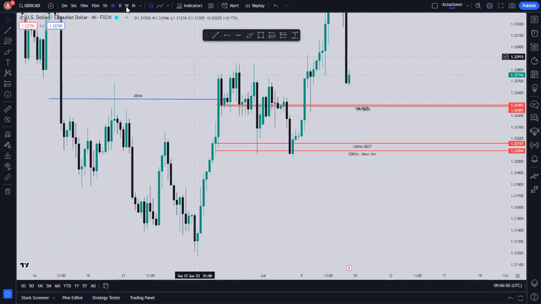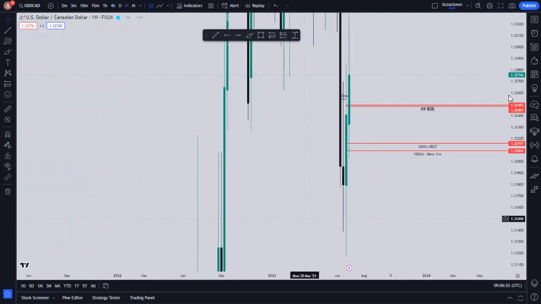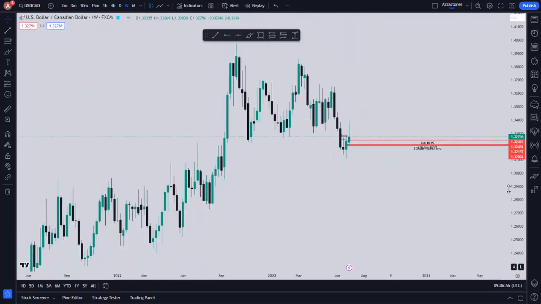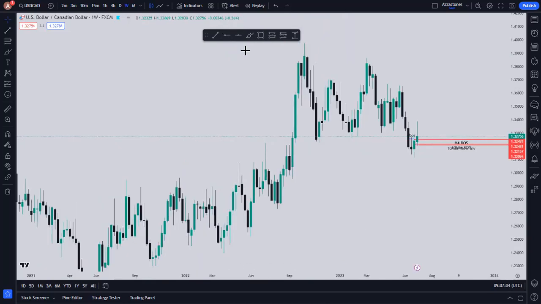They went up. Also, if you come to the weekly time frame, you see that we managed to break the structure around here, and we went down. If you look afresh at this break of structure on the weekly time frame, it was an advantage for me and for you to look for a sell trade downward. But this cannot be seen as simple.